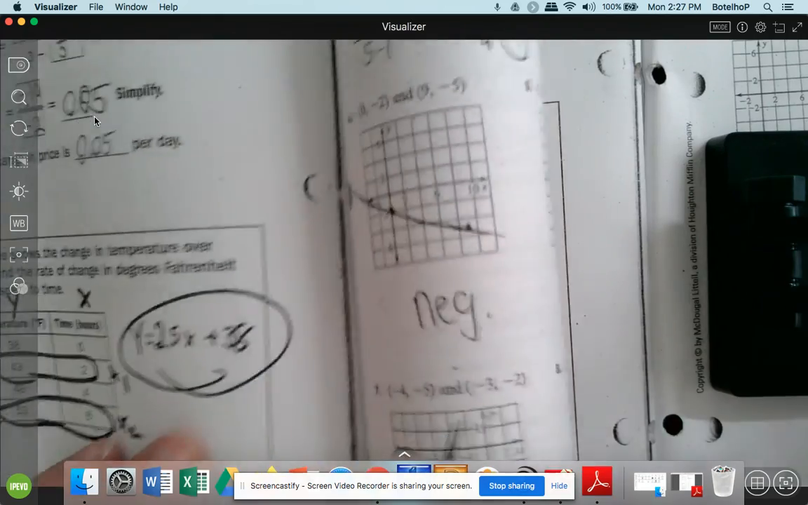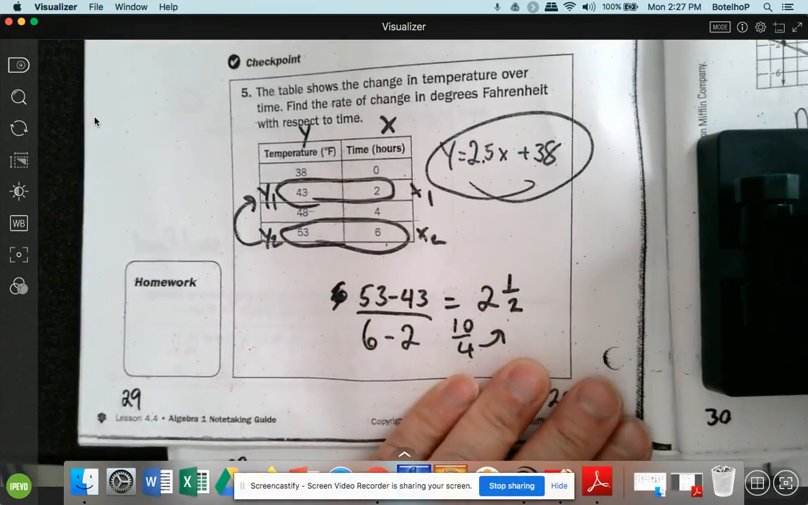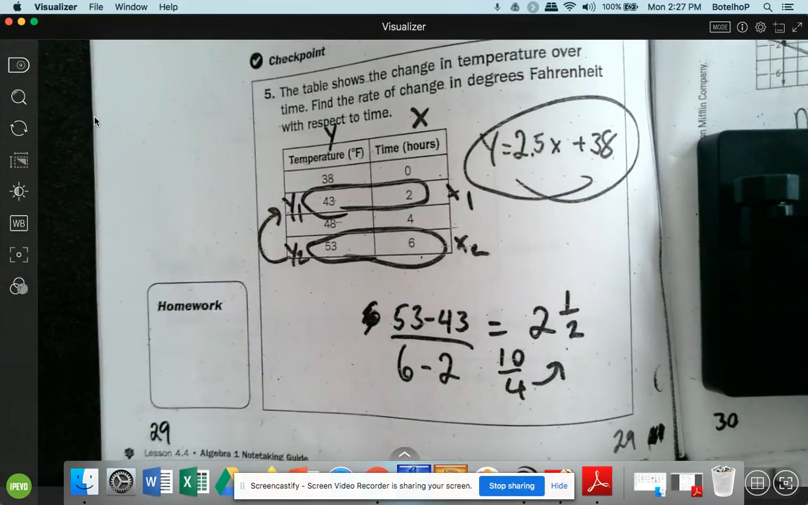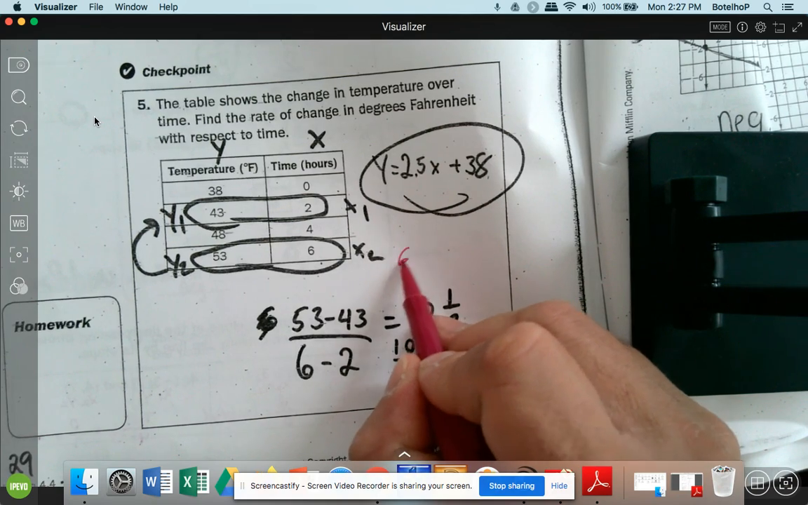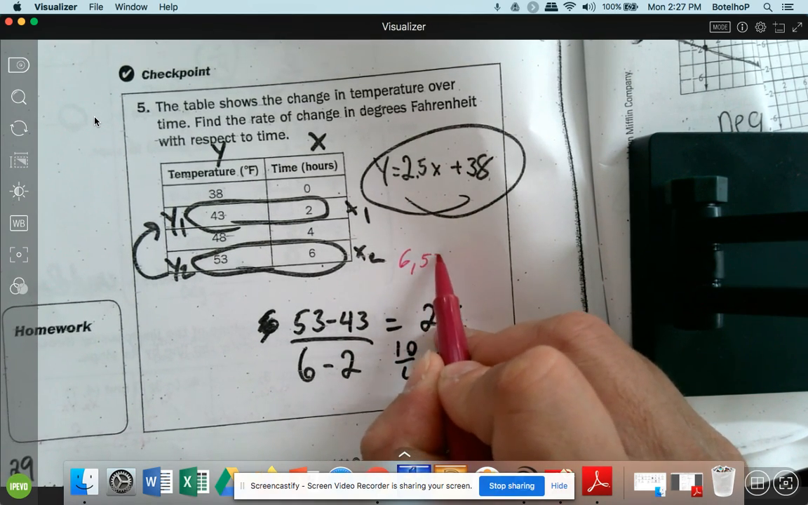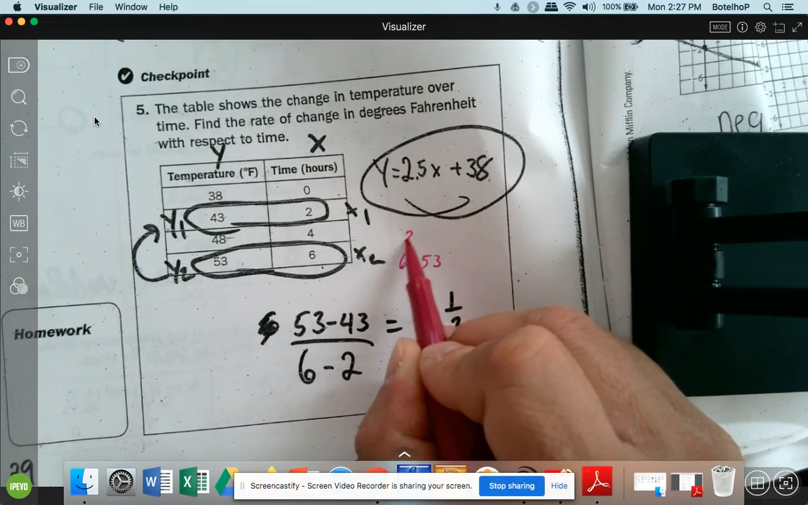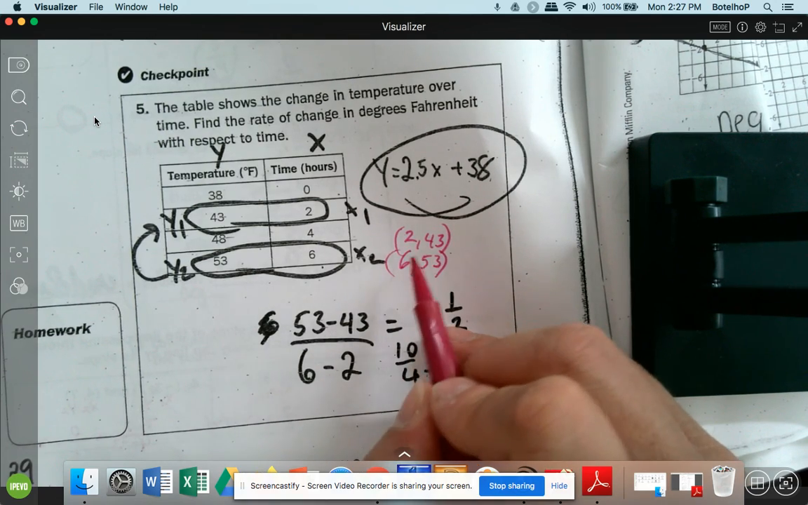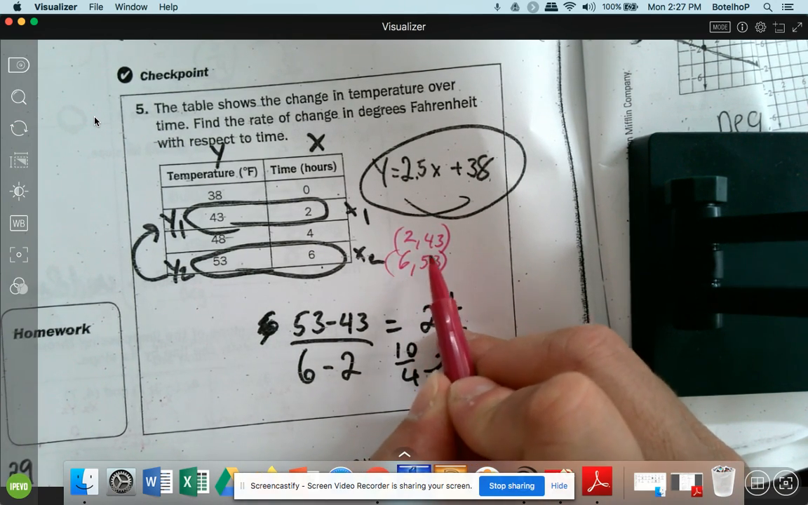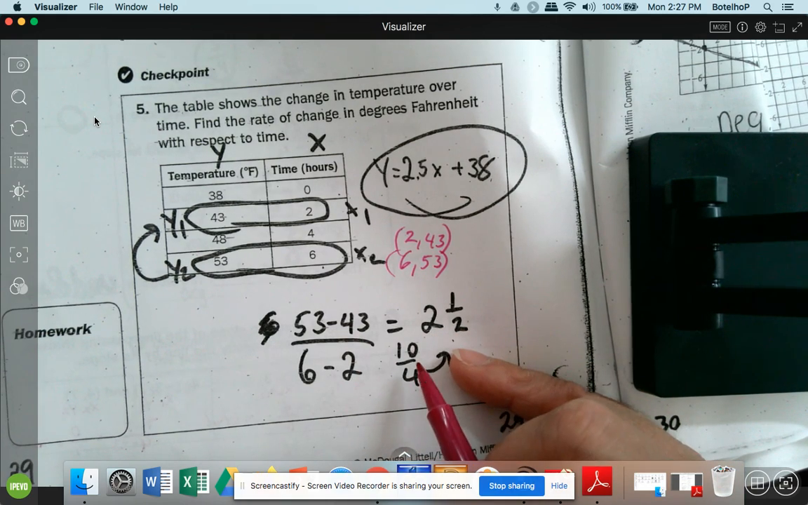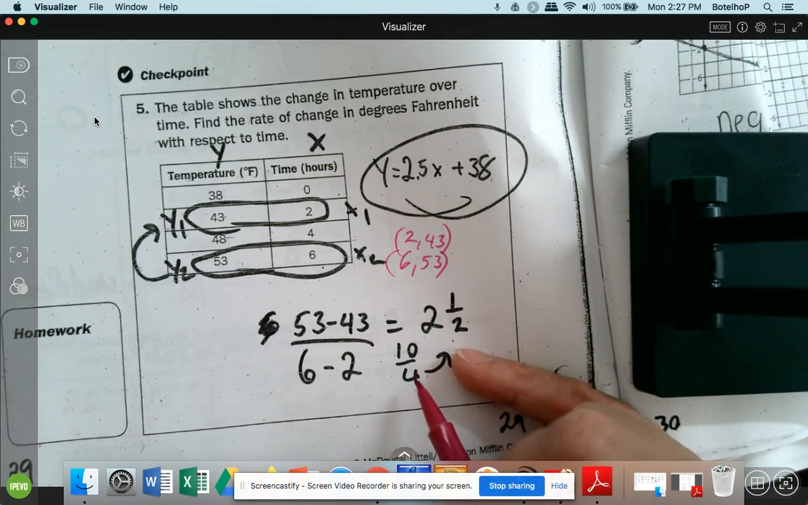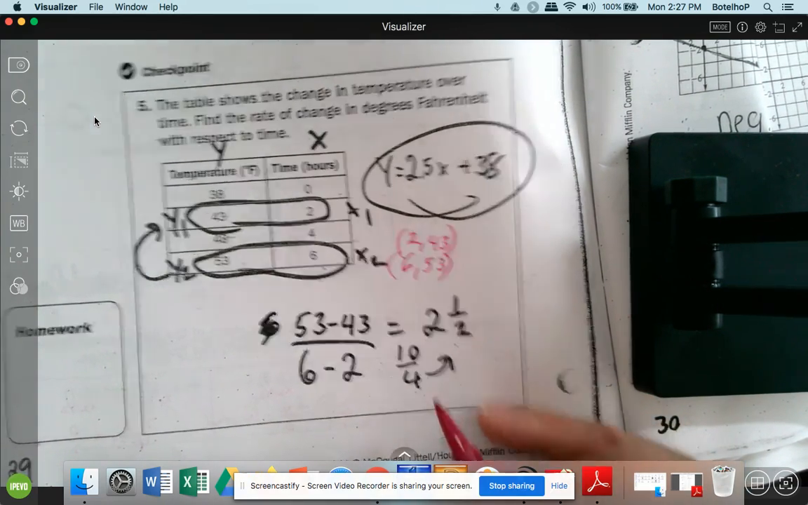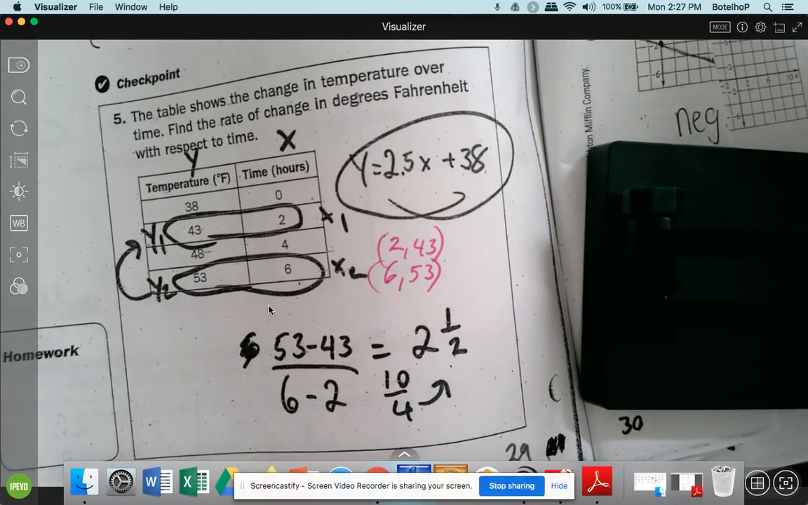All right, if you did it right, hopefully you got 2.5. Here's what I chose to do. So hopefully I did this right. Again, it's a little awkward the way to write this. So this is really 6, 53 and 2, 43 that I chose. And again, you could choose any two coordinates on this table. As long as it's linear, with a constant rate of change, it's going to work. So I did 53 minus 43, and I got 10. 6 minus 2 is 4. You can reduce that to 2.5. So if you entered anything like 2.5, you are correct. So now you're going to get a chance to try some classwork, and good luck with